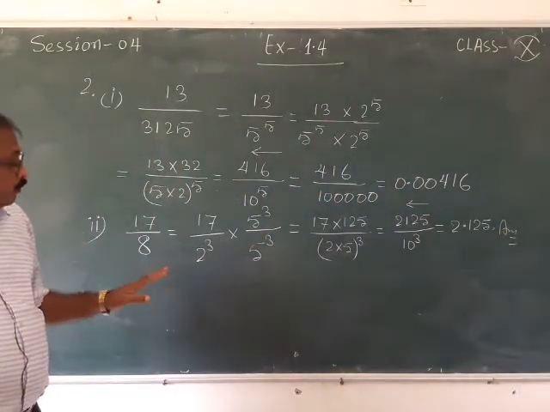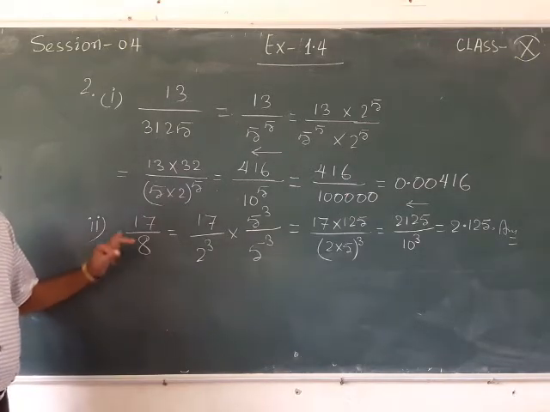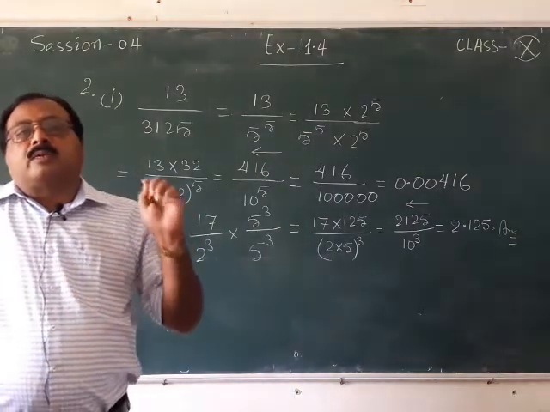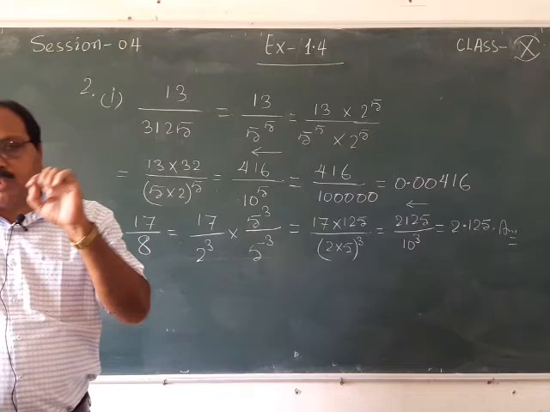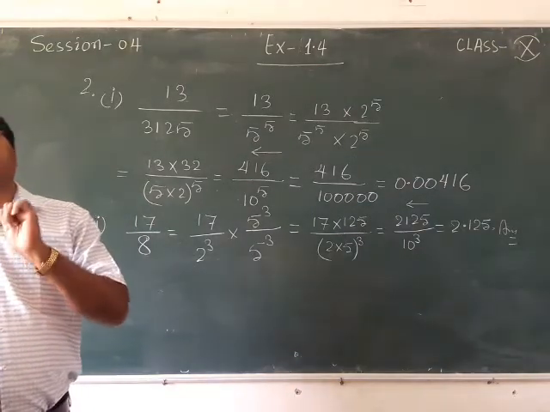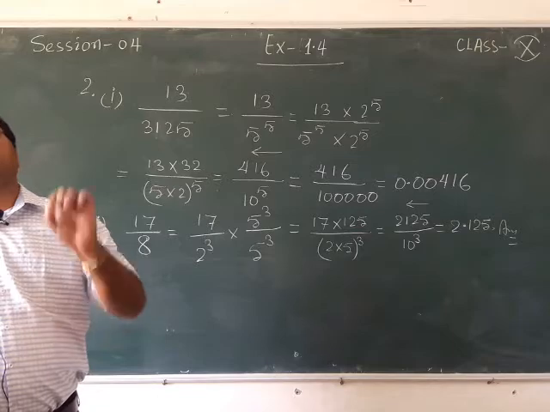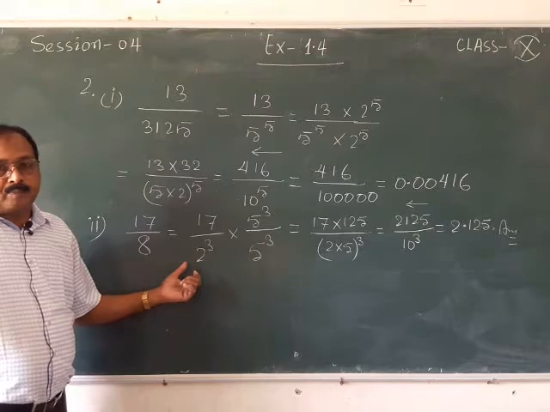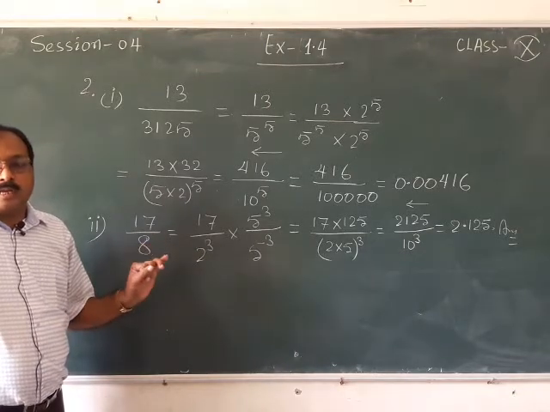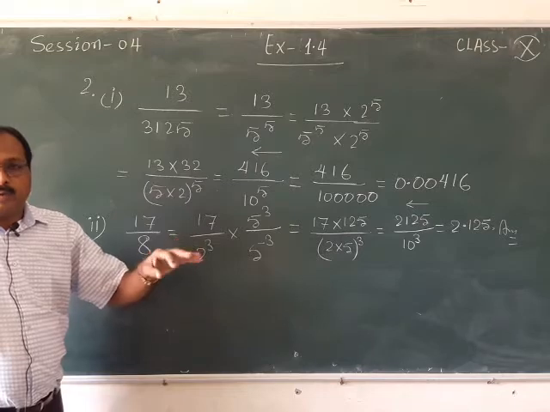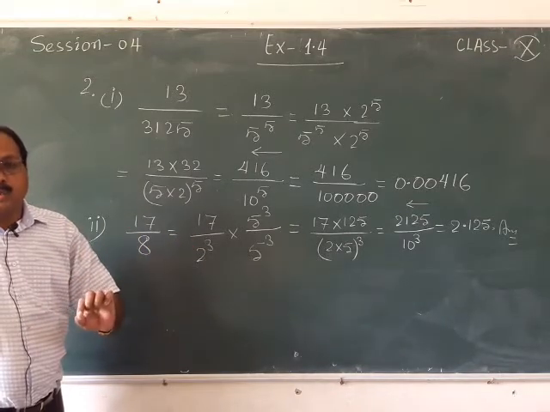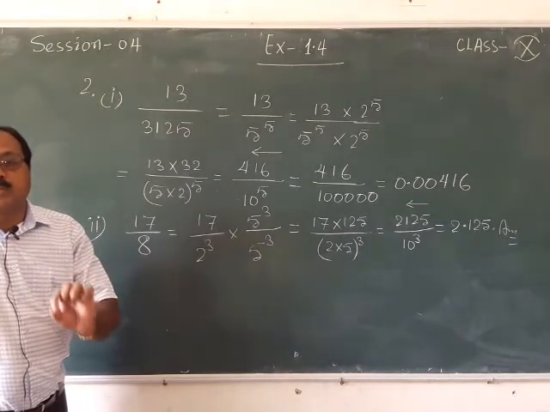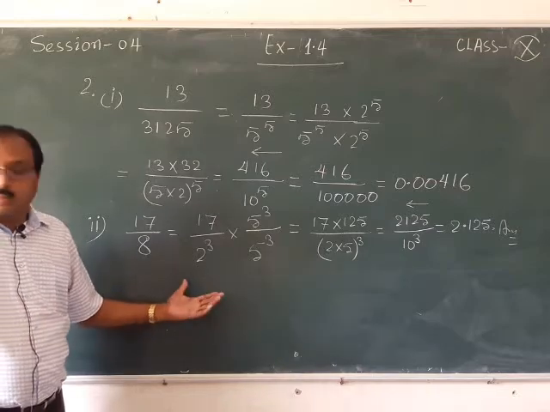So this is also clear. Okay, but sometimes, once again I am repeating, you will have a question where you get a rational number, and in the question they will ask after how many places of decimal the given rational number will terminate. For that, you just check the denominator, and there you check the power of 2 or 5. Whichever power is more, after that many places of decimal it will terminate. So now it is clear.